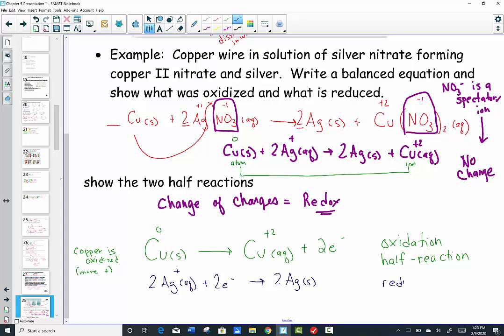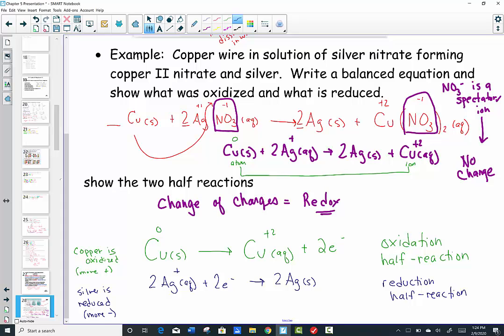This is known as a reduction half reaction. You would say that silver is reduced,